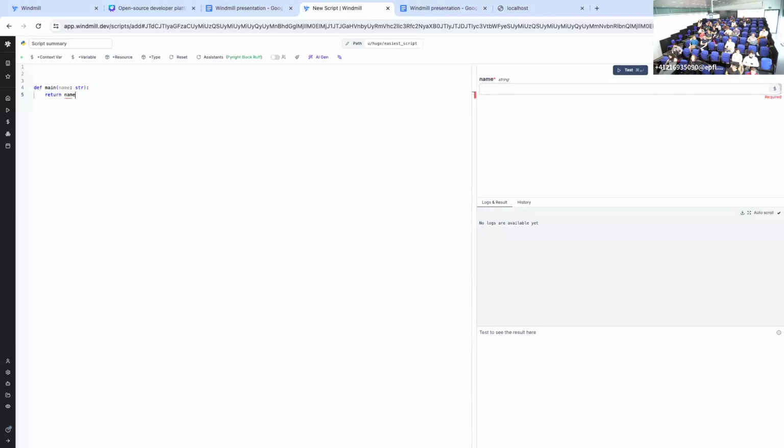Let's say that now I just return name. My name is Hugo. It will simply run this and output my name at the bottom. Over here we have some logs, so if you want to print some things, or if you use a library that prints some logs, it will appear there. What's pretty cool with Windmill is that in addition to having this interface,